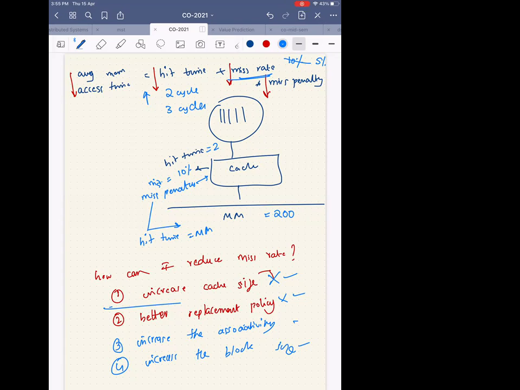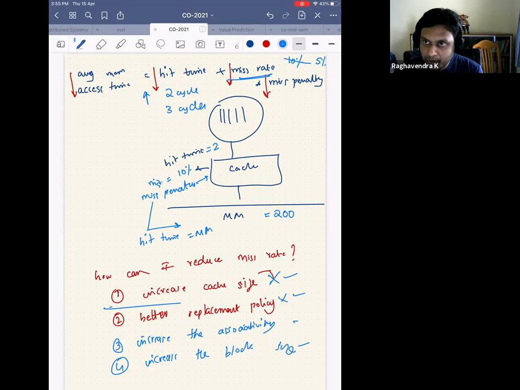One more thing can be there, like we should reduce the hit time because we should make the common case faster. Yes. One is to make the common case faster because 90% of the time it's hit. So I make the common case faster. That's good. Okay.